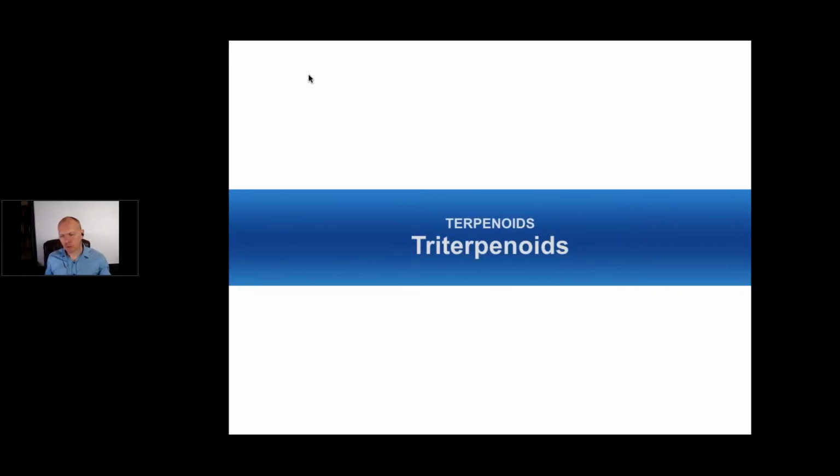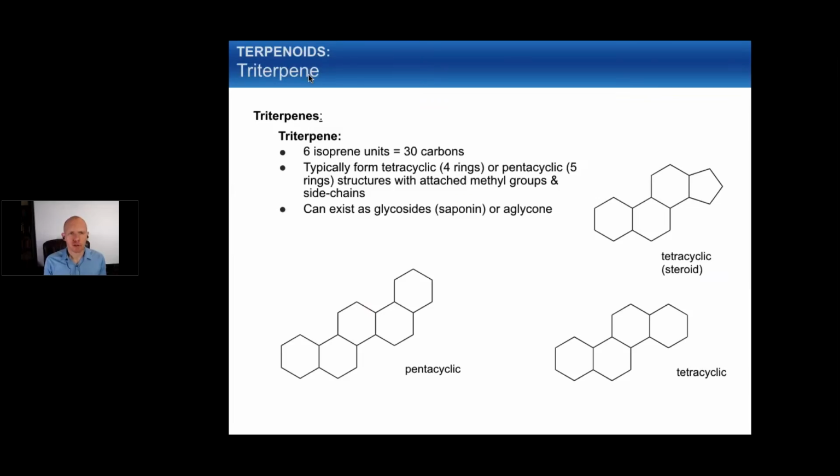Now, the next group of compounds we want to talk about are triterpenoids. So you add up your isoprenes. We're at 6 isoprenes now. That gives you 30 carbons. And typically triterpenoids, they can exist in a single linear form like squalene that we described earlier on. I don't know what medicinal properties it has, but usually they cyclize and form some type of